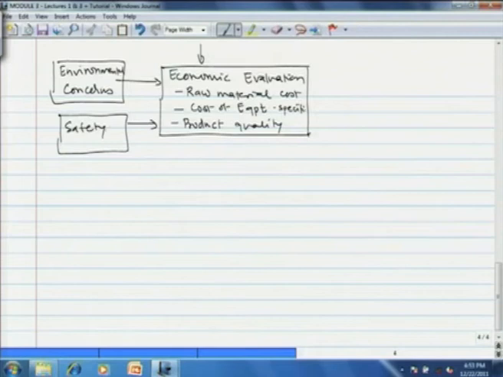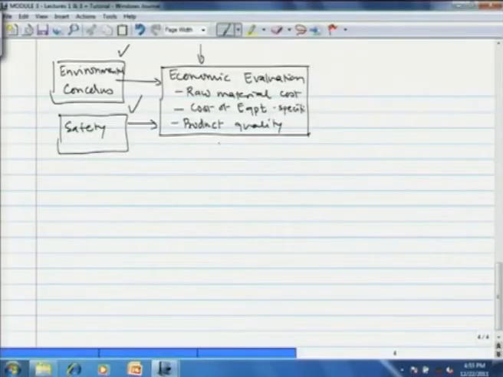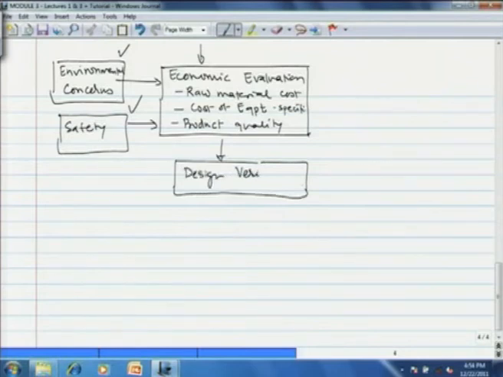If the reactor operation is at excessively high temperature, excessively high pressure, then even those conditions can pose potential problem for the operation. So, all these things we have to take into consideration while making economic evaluation. Economic evaluation should not be based only on the cost, but it should also account for these other subcomponents of that particular step. And on this basis, we have to verify the design that we have arrived at, and if it is satisfactory, okay, we can go for the final implementation of the process.